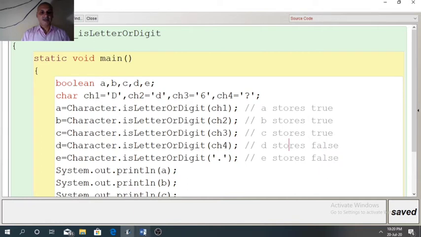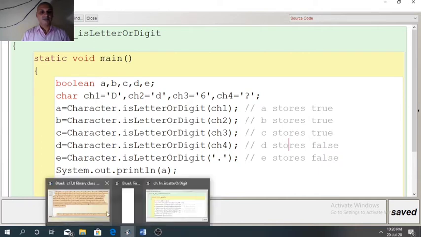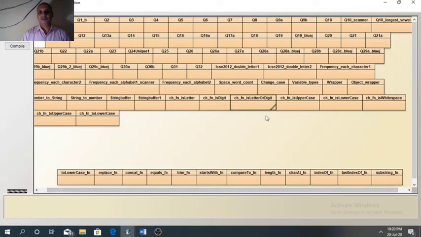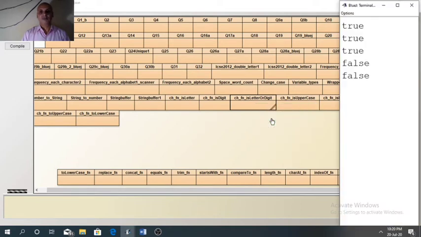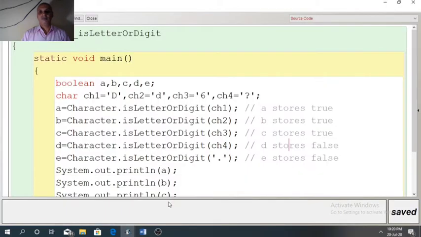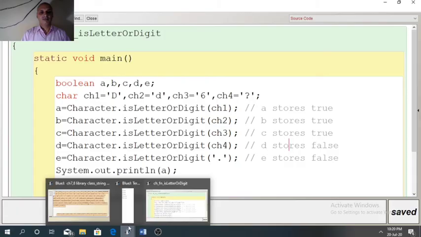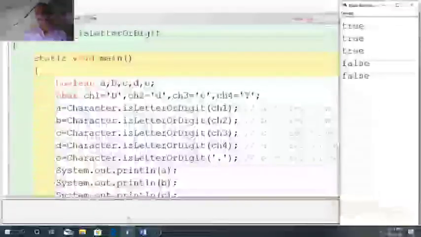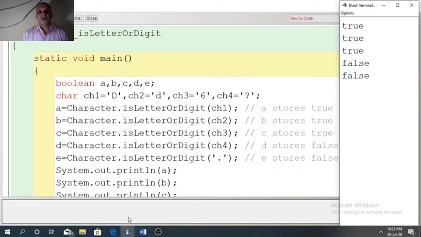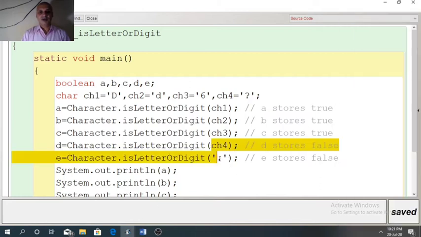So let us see the result. So you can see the first three are true because they are either letter or digit, and the last two are false because both of them are special characters.